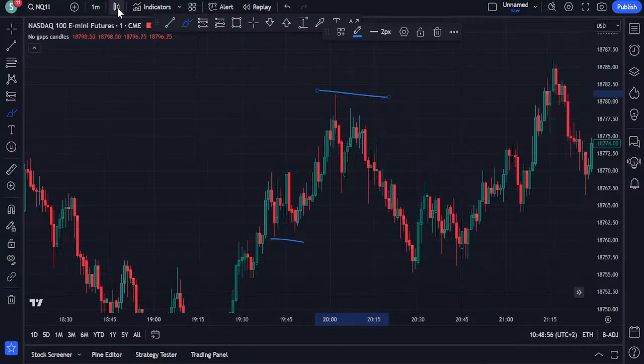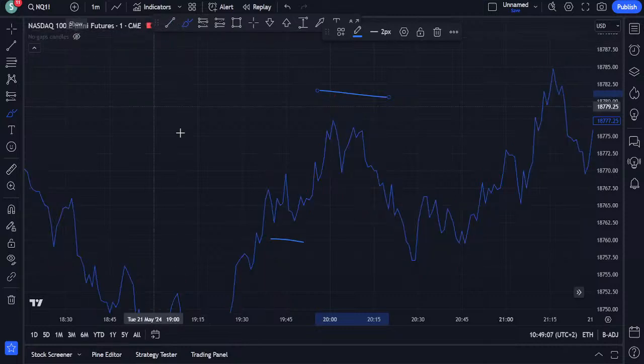Let's see if we can go line chart. Is it better? Oh, we can. Now you see, yeah? Last push down, retrace, look here. That's the structure entry short for me, right?